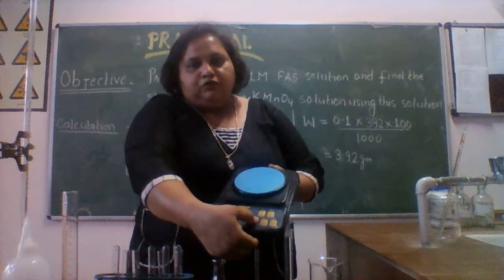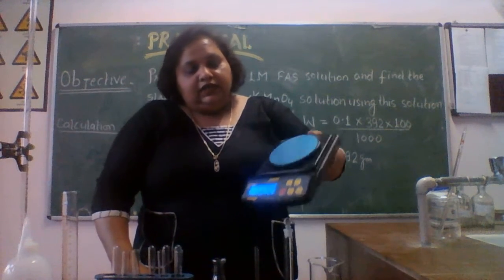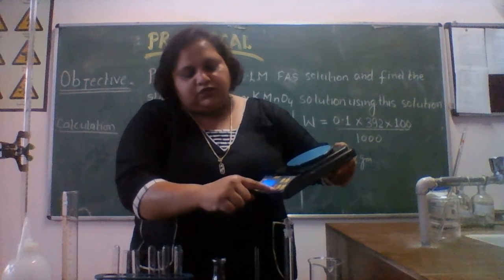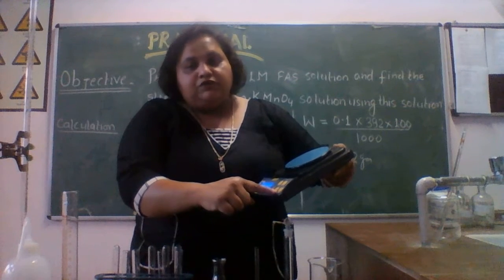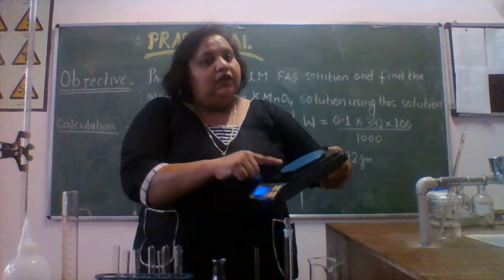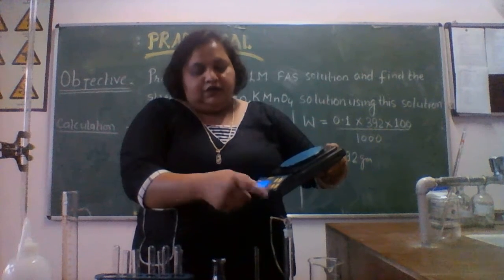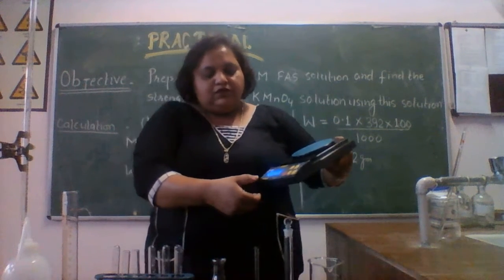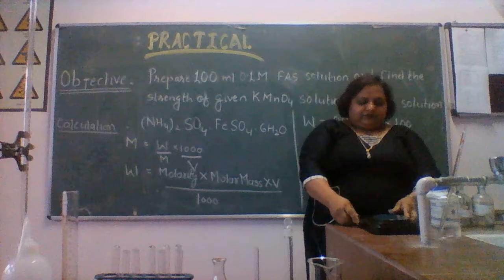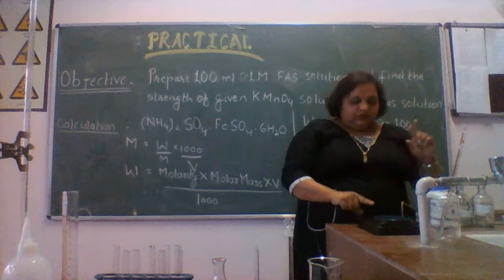Here is the on-off switch. With this you can see the data here. Then you can see the mode, PCB and tare option. The important thing is the use of this tare option. Whenever you place the watch glass here, to fix its mass to 0, we use this tare function. I am switching this off and will start again from the beginning. So this is the machine, set on 0.